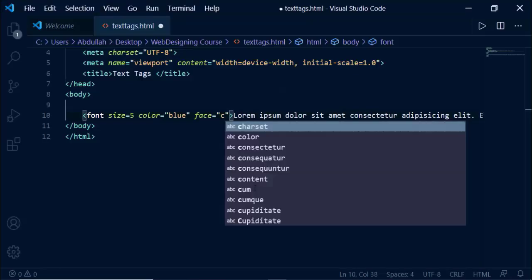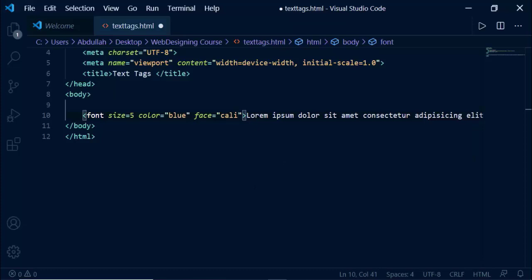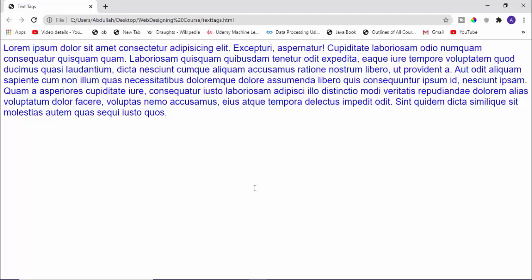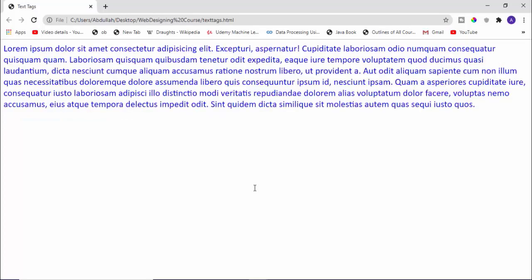After that we have another font family which is Calibri. So if you write Calibri and go back on the browser and refresh it, you can see it is changed again. So we have different types of font families. You can Google them and you can write any font family that you want in your HTML file.